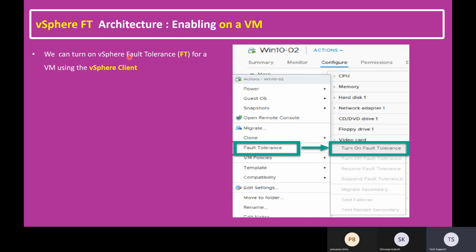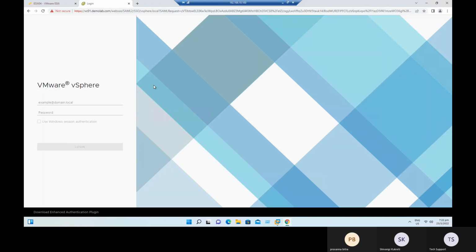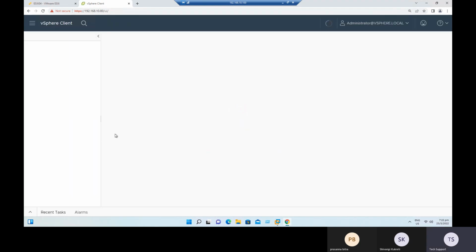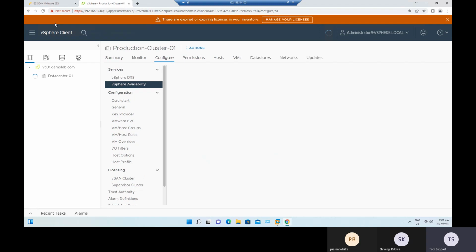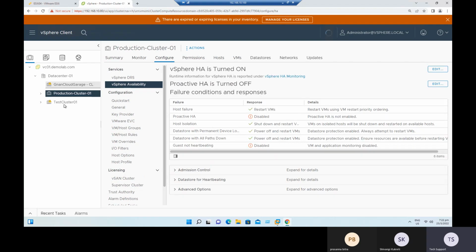We can turn on vSphere fault tolerance for a VM using the vSphere client. Even to connect to the vCenter server, we are using the vSphere client only. For example, let's quickly log into our lab system. Let's log into our vCenter server using the vSphere client. When we log in, we have three clusters available,